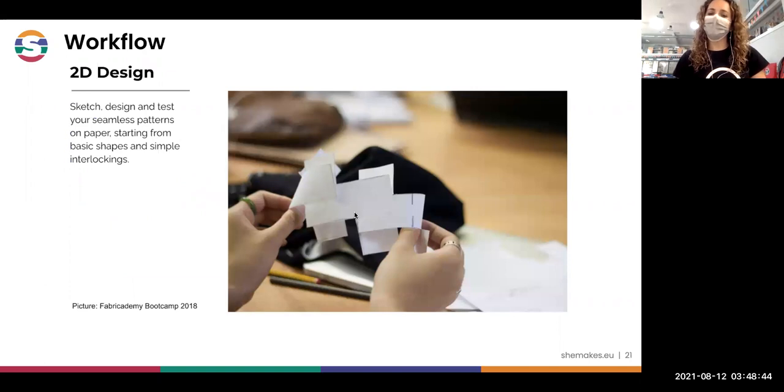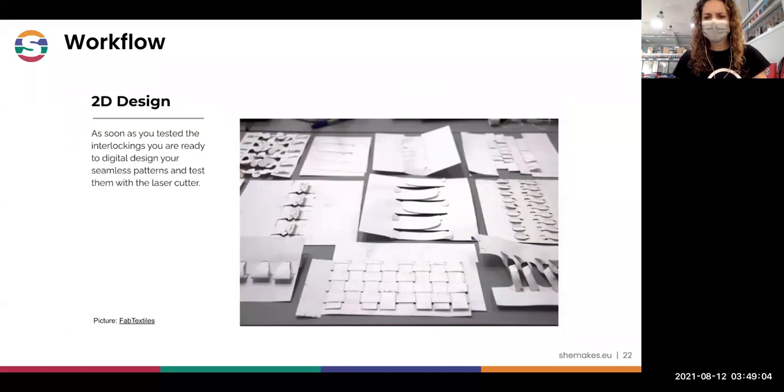You can try in paper and think about the tabs, about the holes you need to make, depending on the thickness of the fabric or the paper. It will be different if you want to interlock the piece.